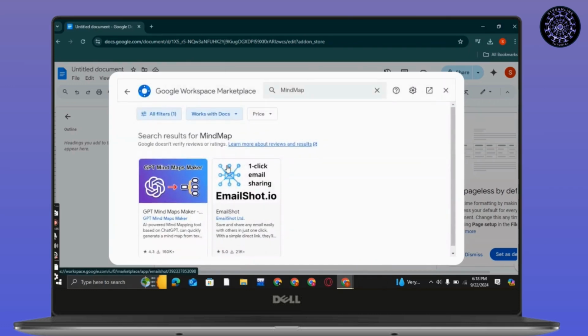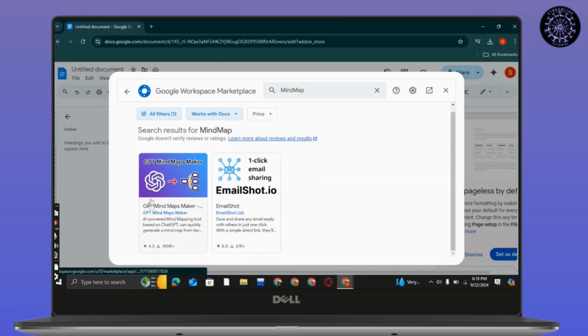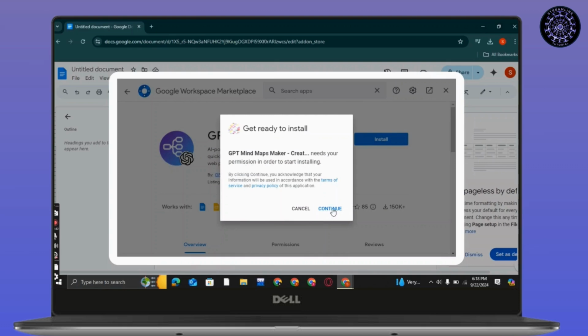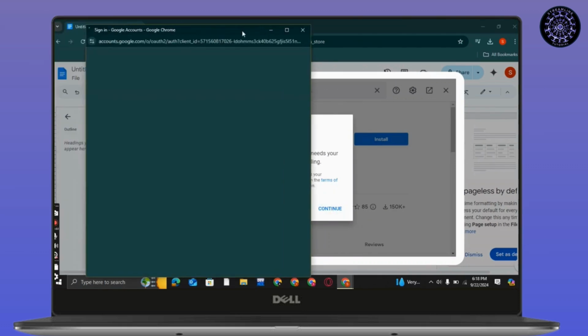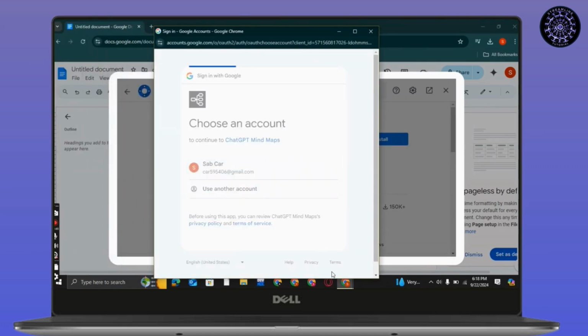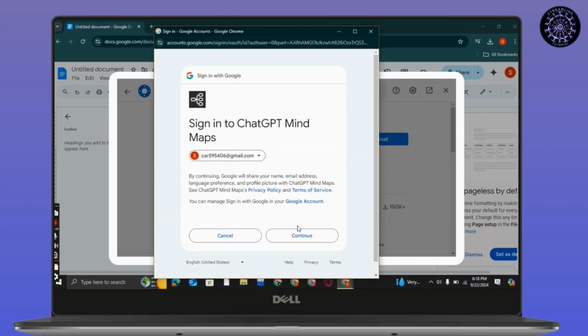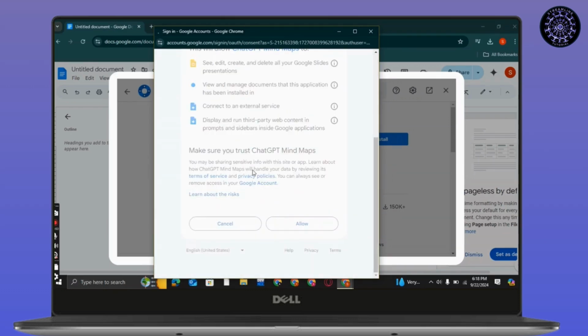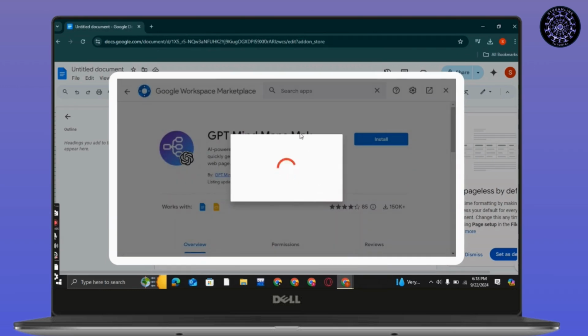You will find several mind map making sites here. Simply select any of these, install, choose your account, continue, allow your permissions,